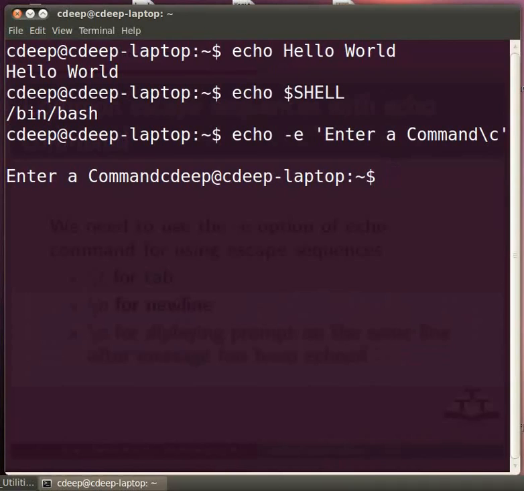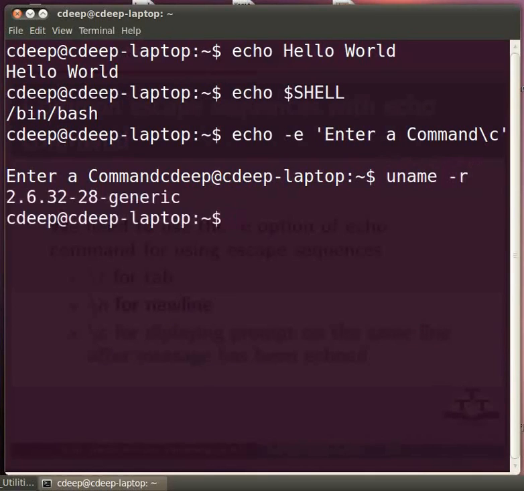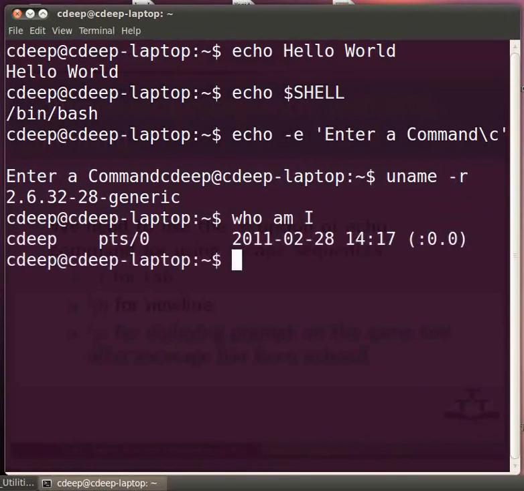same line. You may want to know what version of Linux kernel you are running. To know this and many other characteristics of our machine, we have the uname command. Type at the prompt uname space -r and press enter. To know what is your username, type at the prompt who space am space I and press enter. This in fact comes from the who command that enlists all the users currently logged into the system in case your system is a multi-user system.